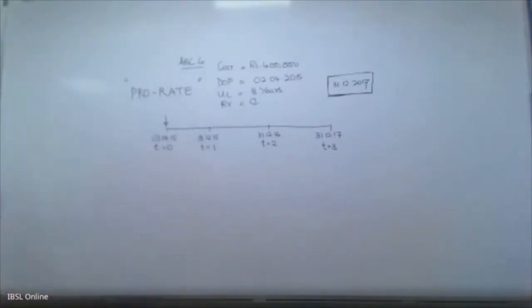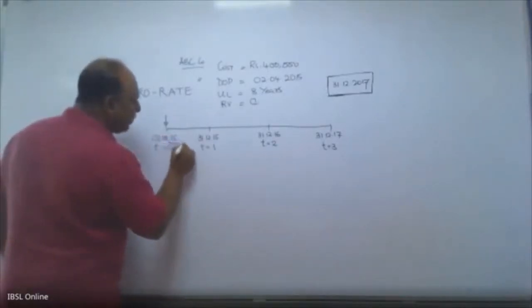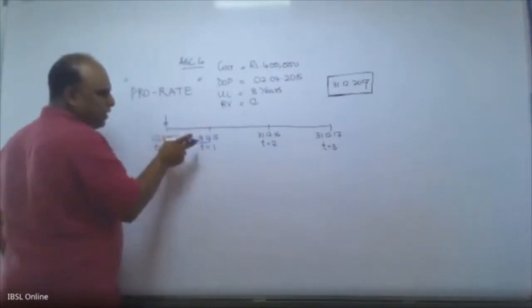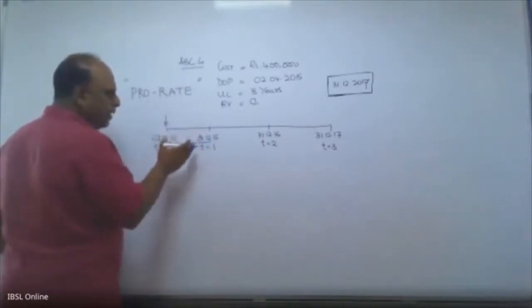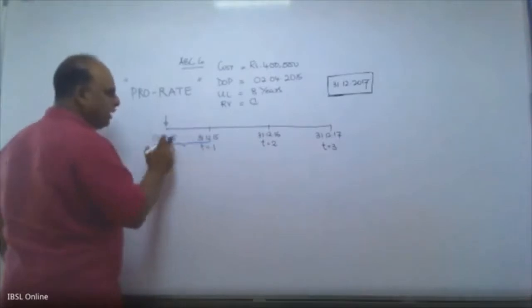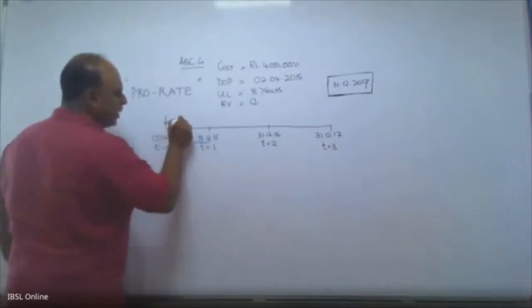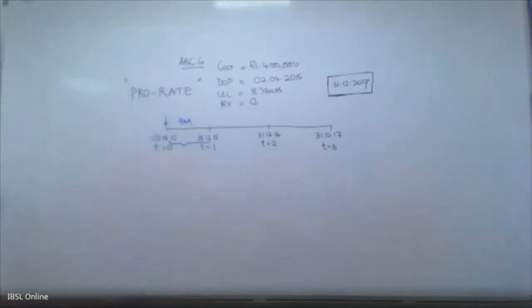So accordingly, if you look at it, this is the time period I have used. In the first financial year, from January to December, I have not used this asset for the entire year. I have used only for this period. What is this period? It is about 9 months, including the April month. I don't consider the number of days. So it is basically 9 months. Am I correct? Is that understood?